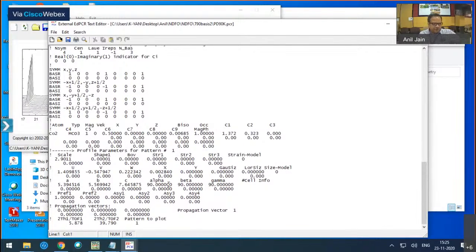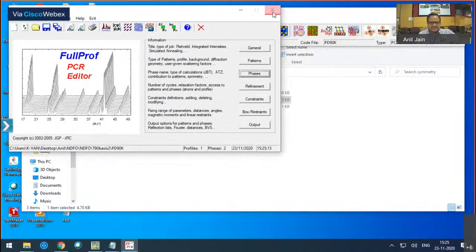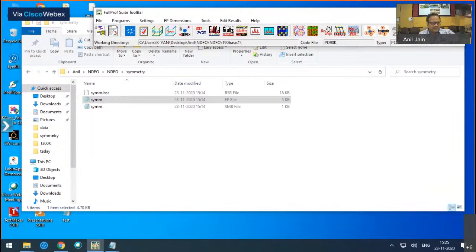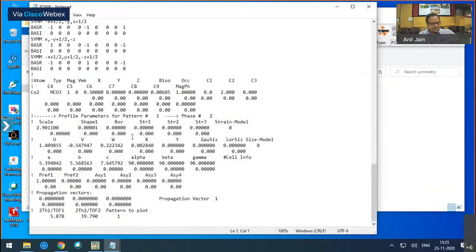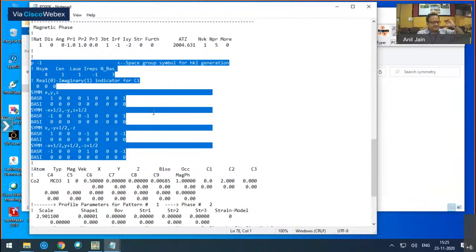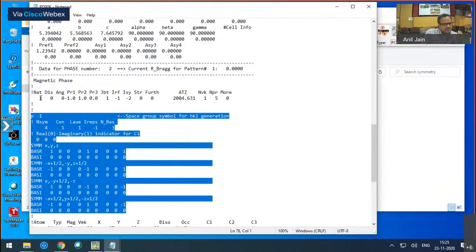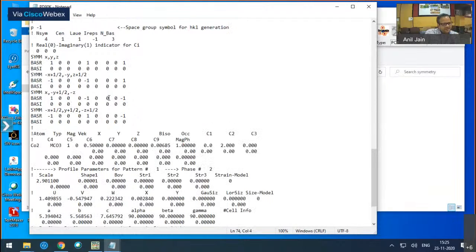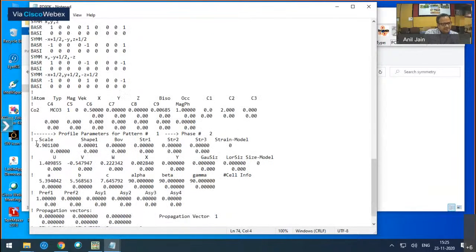Now a very quick way to do it is like this. You have added this additional phase. This information you are getting directly from the PCR. And the other information here is the number of atoms. So we have only one atom, which is manganese or iron. Let me put it as Mn1, and this I put it as